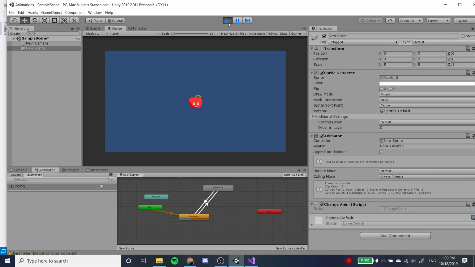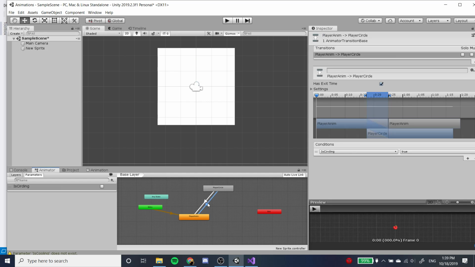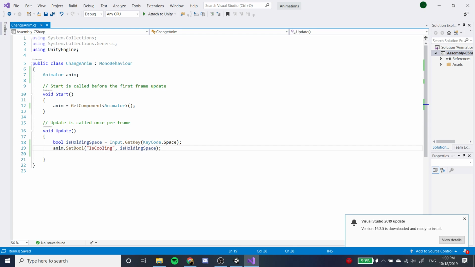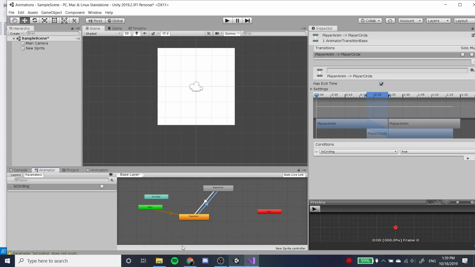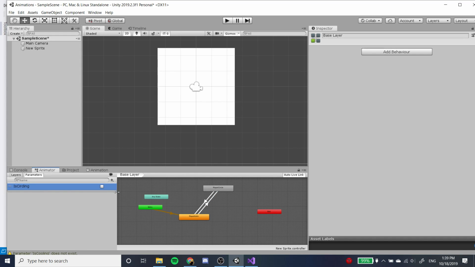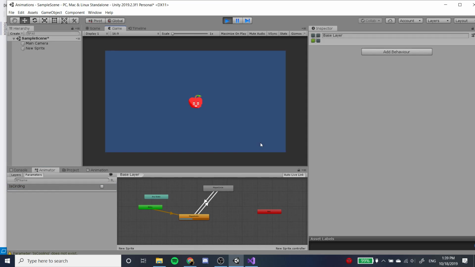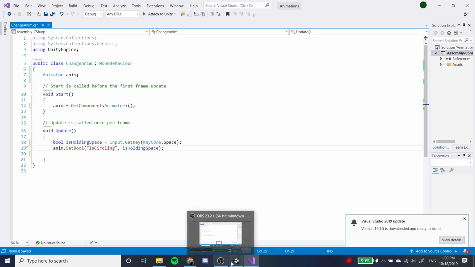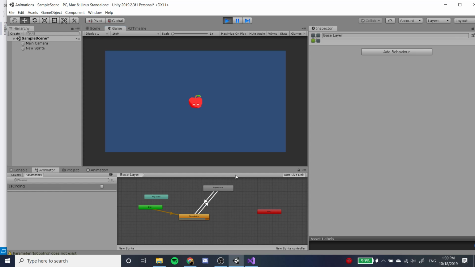Let's see. Oh, that's true. Oh my gosh, that is actually pretty sad. isCircling is not isCooling. So it has to be the exact name of the parameter. If you mistype something, if you miss a capital letter, then weird stuff might happen. So now let's see if this works. isCircling and isCircling, right? So when we hold space,